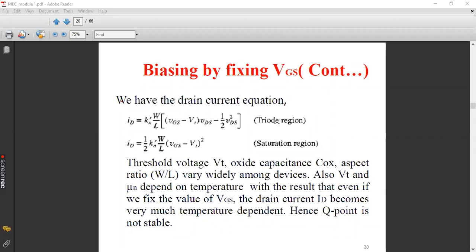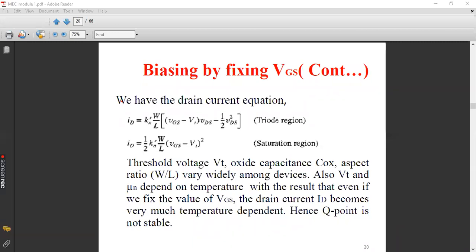In the first part of the triode region it is linear, and later we observe some bend, isn't it? Because of the punch through effect or the pinch off process, and later it becomes constant. That is what is called saturation. That is, for a higher value of VDS, the channel gets pinched off at the drain, because of which that bend occurs, a transition from the linear portion to the saturation portion. That will occur in the later part of the triode region.